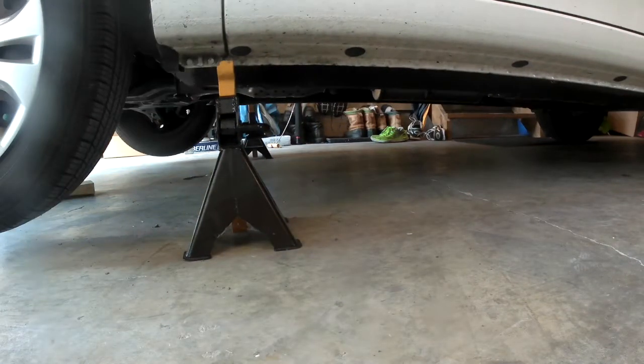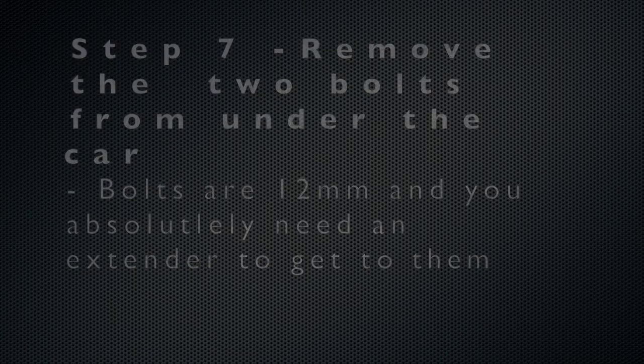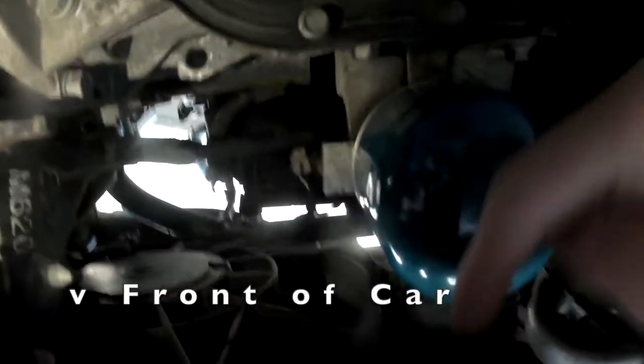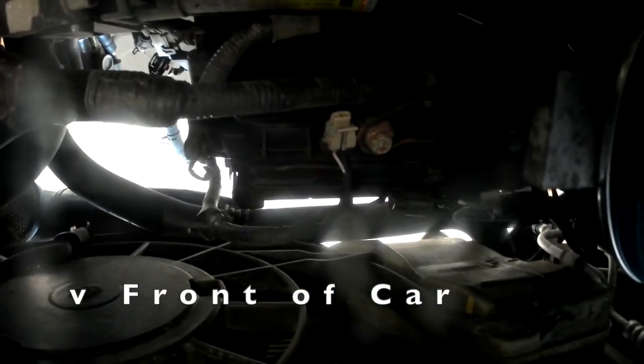Step 7 is to remove the two bolts from underneath the car. The bolts are 12 millimeter, and you will absolutely need an extender, if not 2 extenders, to get to them. The first thing to do is to orient yourself. The front of the car I'm pointing at, and the blue thing is the oil filter. So next to it you see there's one bolt there,